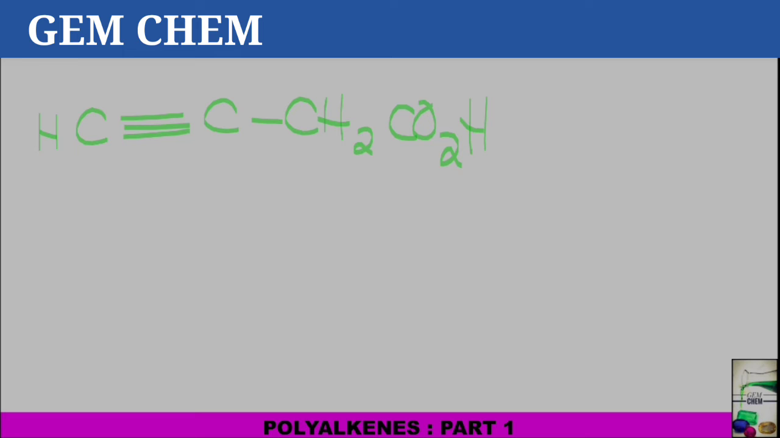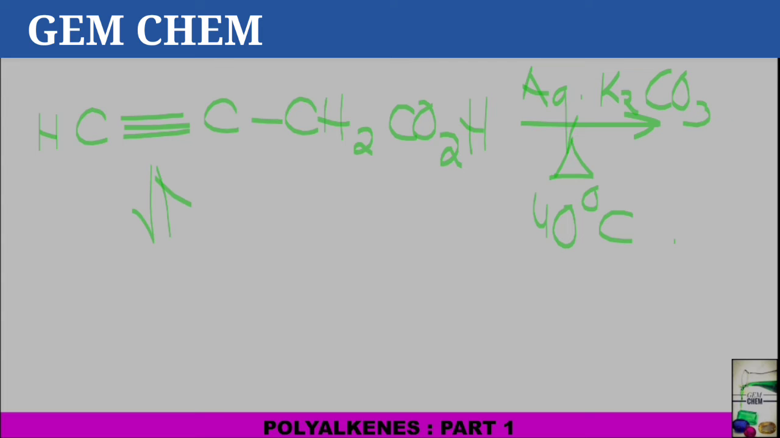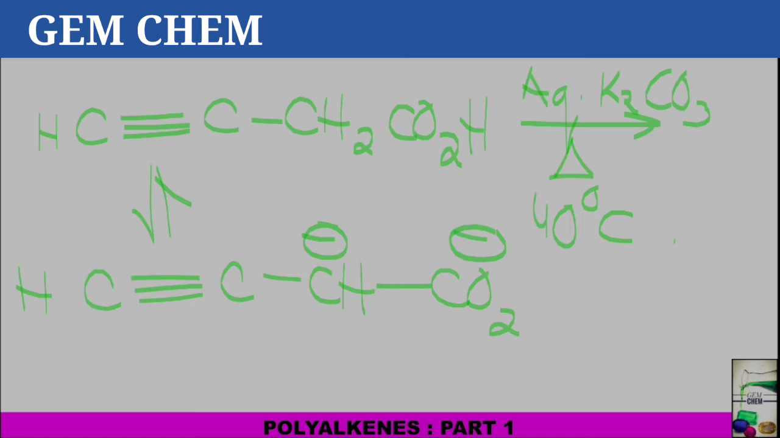So if you consider this alkyne, CH triple bond C, CH2CO2H in aqueous K2CO3 heated at 40 degrees Celsius, then this will come in equilibrium to form CH triple bond C, CH minus and CO2 minus. Hydrogen is lost from both the sides. These electrons will come here and this will come here. Finally, we get what is